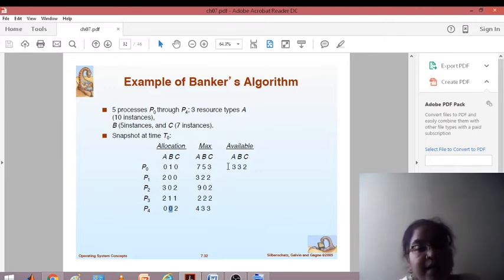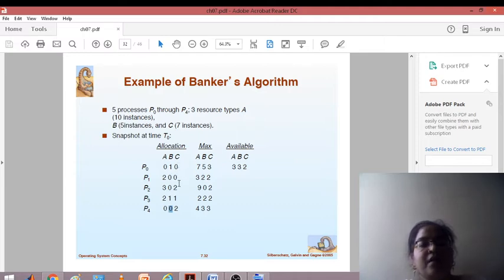So 7 resources are distributed among P1, P2 and P3, and the leftover is 3, that is 10 minus 7. Likewise, how many B resources are given to other processes? 1 is held by P0, another is held by P3. So 1 plus 1 is 2. So 2 resources are allocated between P0 and P3, and the remaining is 3. So 5 minus 2 is 3.